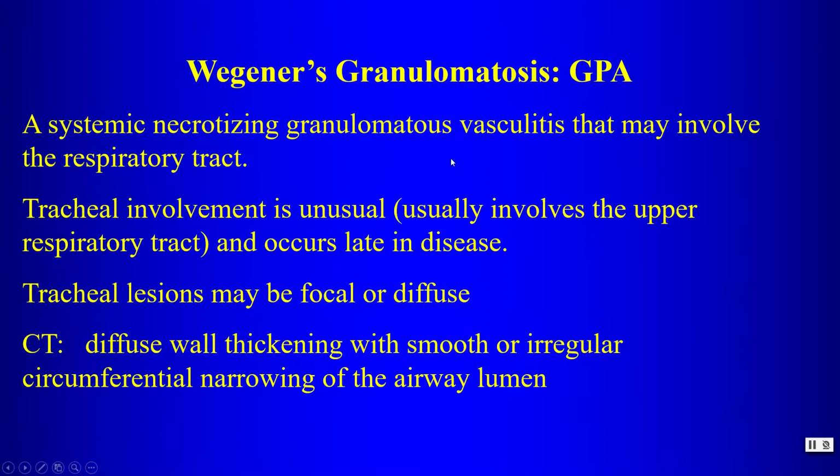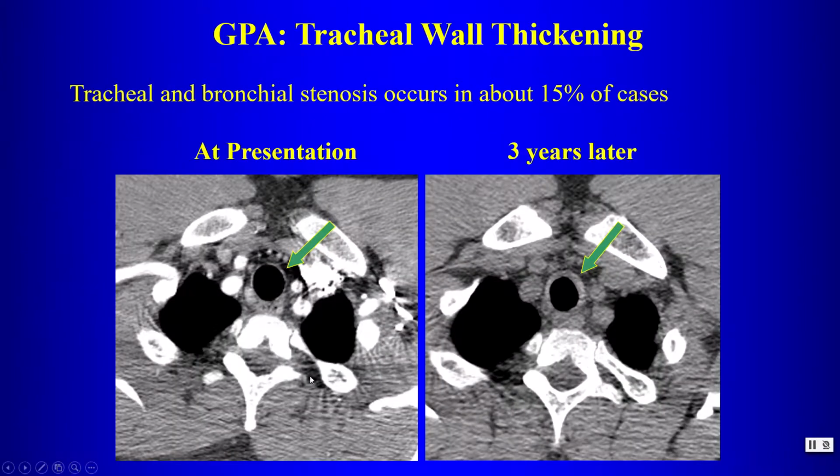So this is a systemic necrotizing granulomatous vasculitis that can involve the trachea, usually involves the upper respiratory tract, and the tracheal lesions can be focal or diffuse. Patients can develop diffuse wall thickening, and it can be circumferential. So here's the patient at presentation. Trachea does not look so bad. 3 years later, developed this tracheal wall thickening